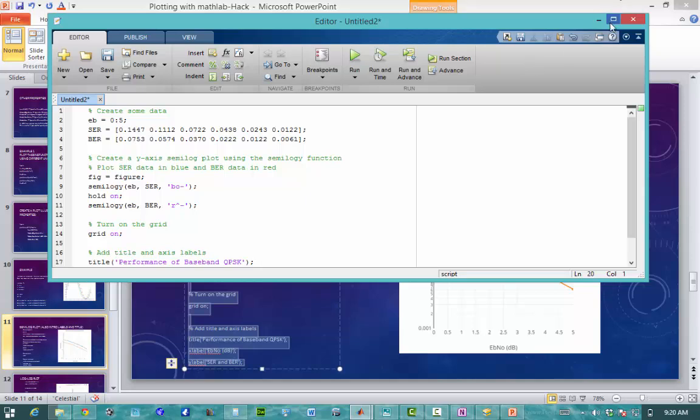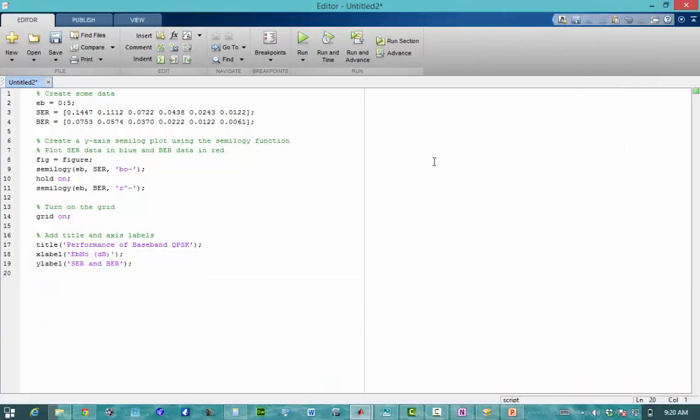In this particular case, I just created some data right here. Don't worry about this. This is a couple of Bessel functions. At this point, I've set a figure, and here I'm going to plot